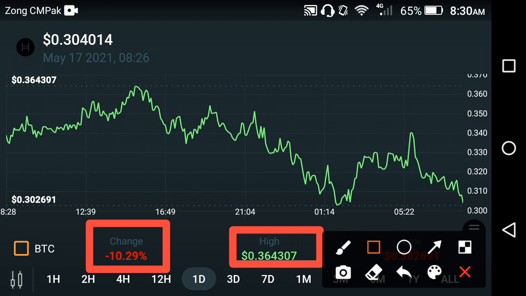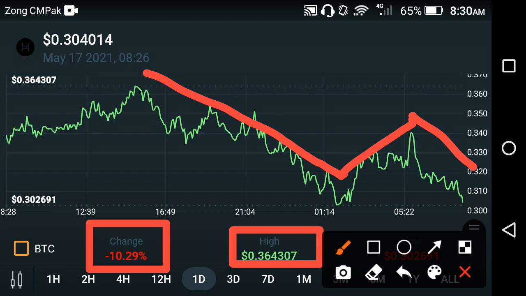My personal suggestion for all of my viewers and subscribers is to please hold Hedera Hashgraph throughout this whole month, friends. I know it is falling for a little time, but remember that Hedera Hashgraph is a unique cryptocurrency. As you can see here, at this time it fell, and after this fall it took a quick jump. Understand? Now this time it again fell, and gradually it is in a falling mood,